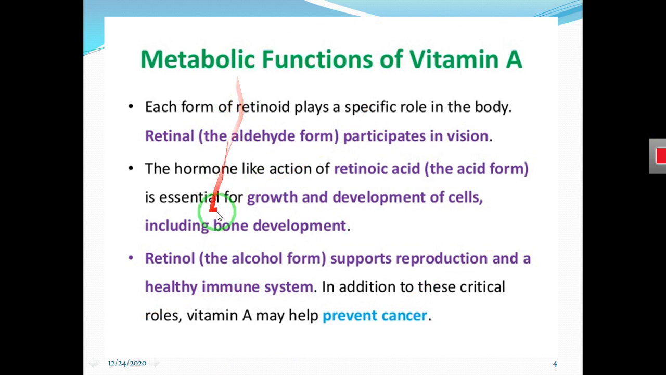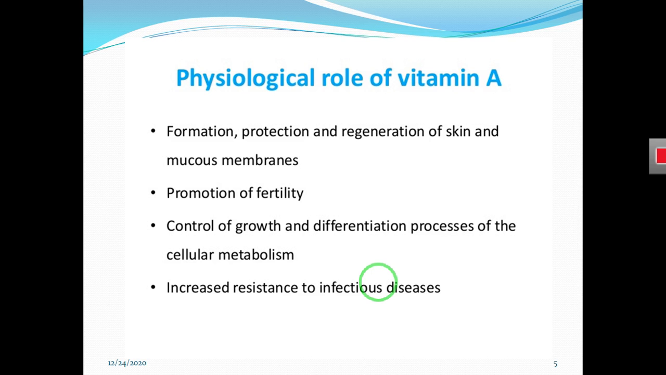Vitamin A has three forms: retinol, retinoic acid, and retinal. The retinal form participates in vision, and this is its physiological role. Retinoic acid is involved in the growth and development of cells, and retinol helps keep our immune system healthy. So this was the physiological role of vitamin A, and vitamin A is also involved in the